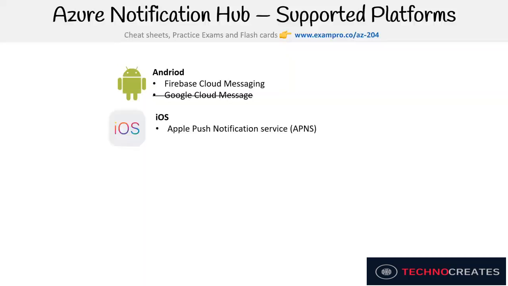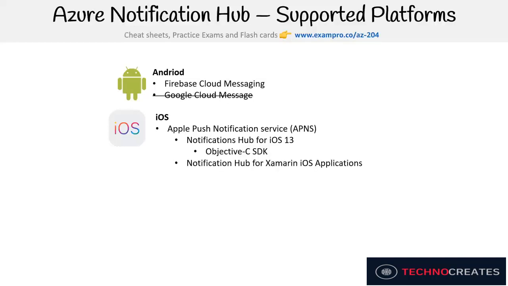For iOS, we have the Apple Push Notification Service, APNS. And so through that, it's going to be notification hubs for iOS 13. And the way that works is through the Objective-C SDK. I don't think there's support for Swift, or at least I could not find it, but this is only important if you are a native mobile application developer. But basically the idea is the Objective-C SDK is how you would interact with it. There's also a notification hub for